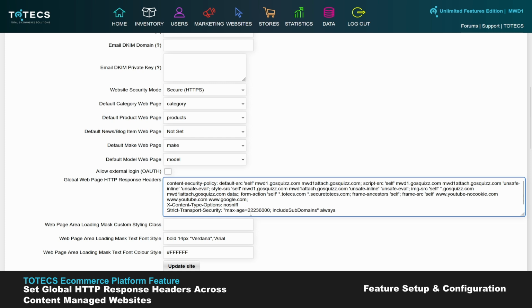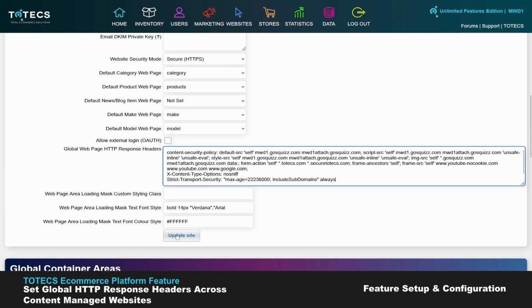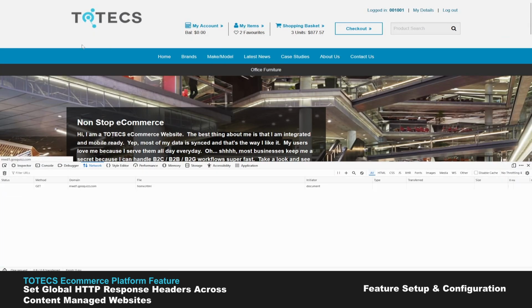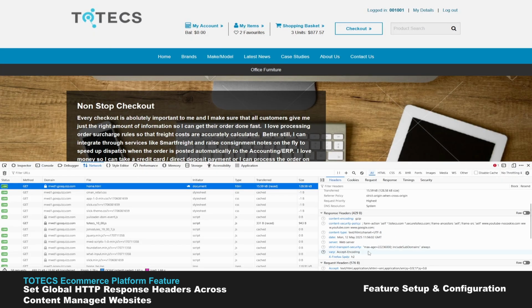So in this case, the value is quoted in double quotes, and then we're setting an age that the browser should remember this setting, and also that it should include the content over the subdomains, so that also loads over a secure connection as well. Once we've added all of our headers and click on update website, then in a different browser window, or if we logged out, the next time we reload the web page, in the network tab, we can now see our